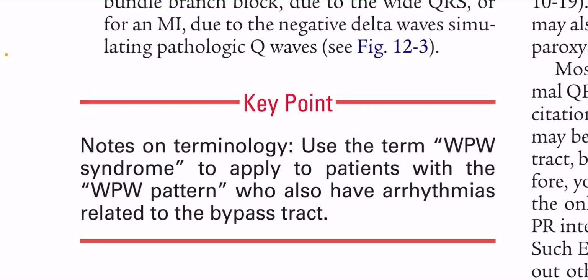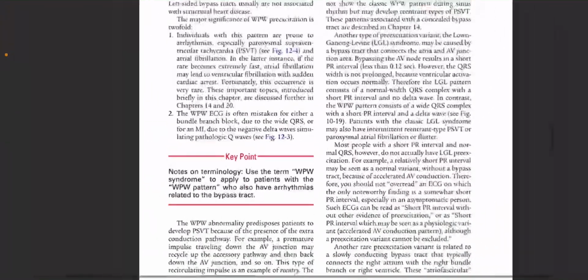Key points, notes on terminology: use the term WPW syndrome to apply to patients with the WPW pattern who also have arrhythmias related to the bypass tract. যদি এরিথমিয়া নিয়ে আসে পেশেন্ট তখন আমরা WPW সিনড্রোম বলবো, আর এরিথমিয়া না নিয়ে আসলে WPW প্যাটার্ন বলবো।